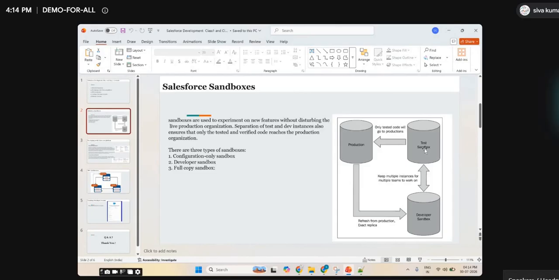In the same way, in the developer org there will be some junk code. That's why every time they want to create a new feature, they will refresh from production again, so it will be a clean org again. They will develop the feature, move it to testing, test it, and move it to production. Same, for example, if there is any bug in the production, will they fix it directly in the production, or will they move it to dev, QA it, and after that move it to production?